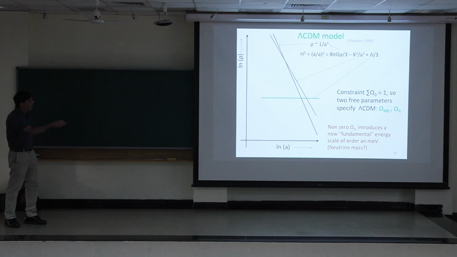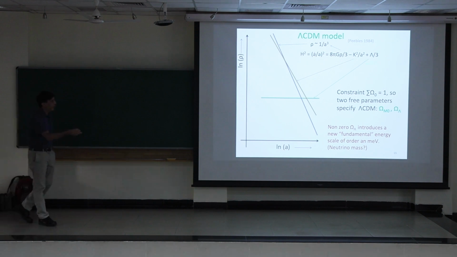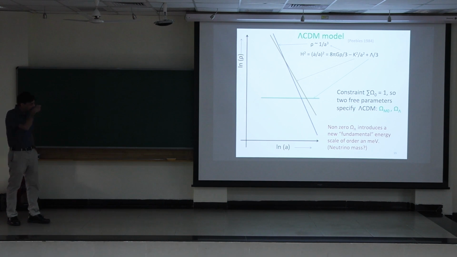So earlier on, when you're dominated by the blue line, or the orange line is a borderline, but when you're dominated by the blue line, you get decelerated expansion. But when the green line is the dominant one, you get accelerated expansion. And it looks like you have 3 independent parameters here, but they're not independent, and we'll see in a second that the sum of the omegas has to add to unity.